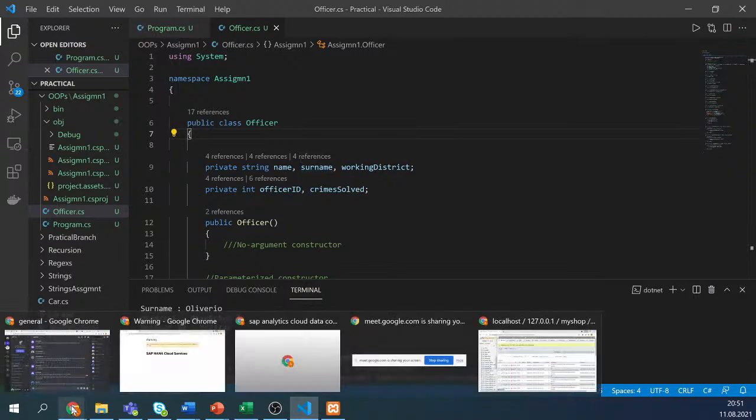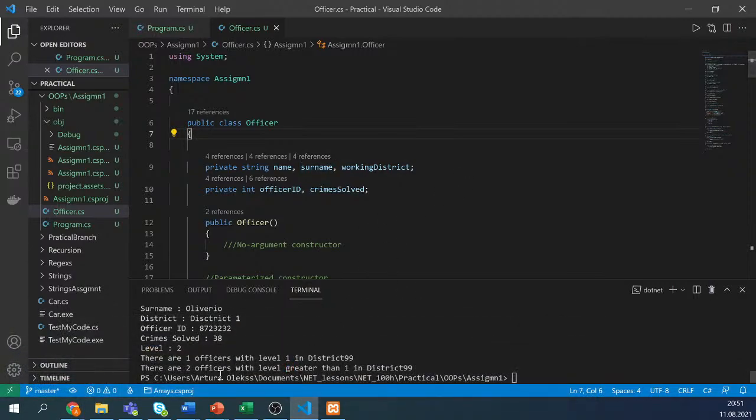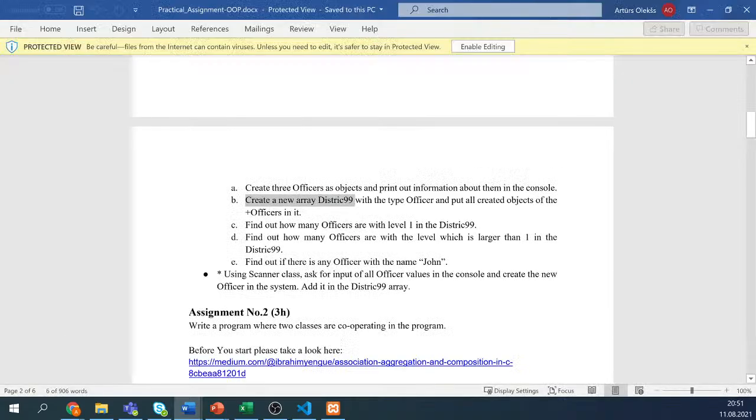Okay, so that's about it. If you have more questions, you can ask. And the last thing we can do together today is, again, this scanner class. It looks like these tasks are copy pasted from Java, but in fact this is console. We can simply read values for the